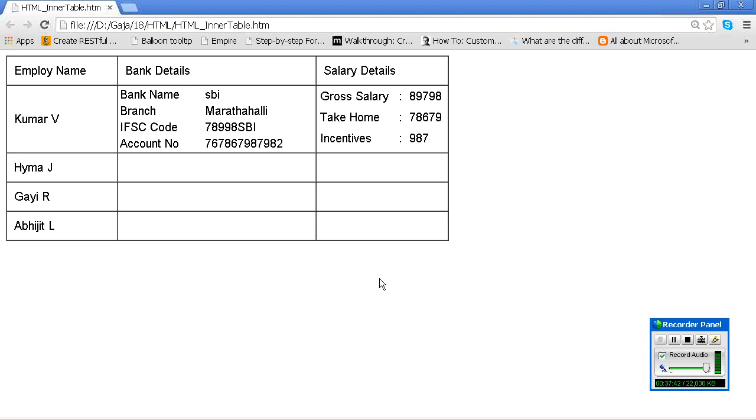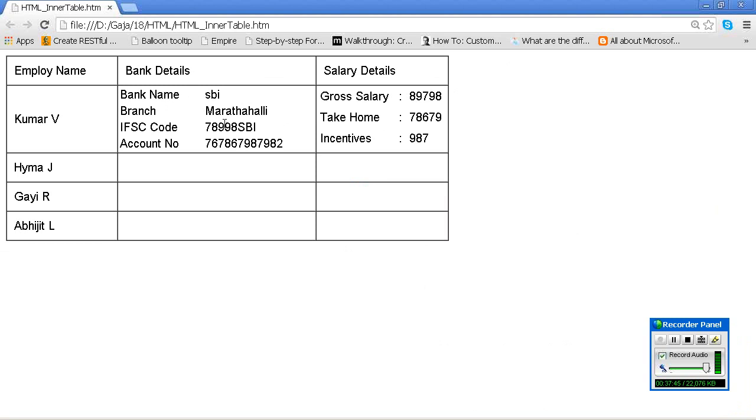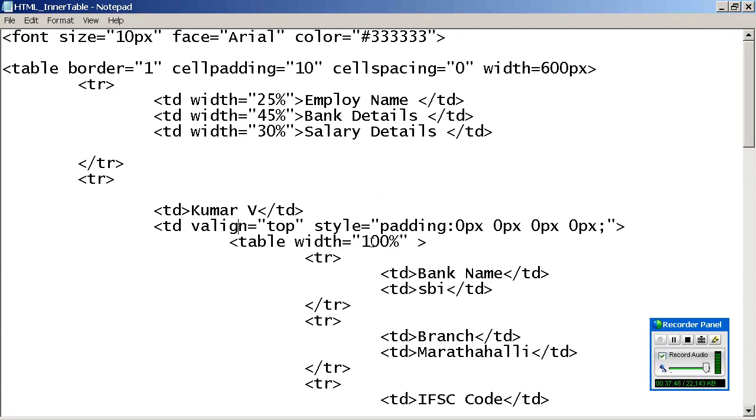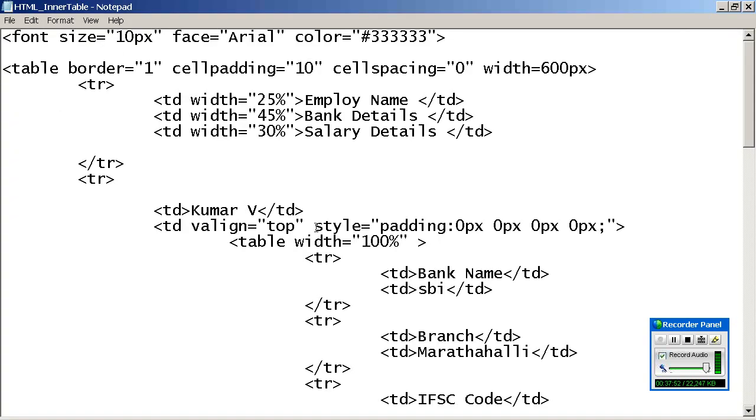Now see, occupied part 3: 25%, 45, 30%. Now here, for better readability, I will give a border, 45%.